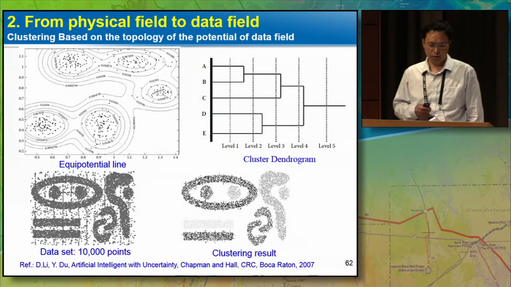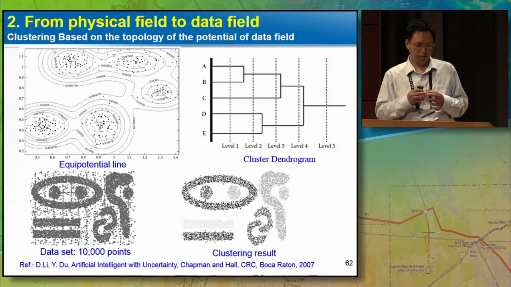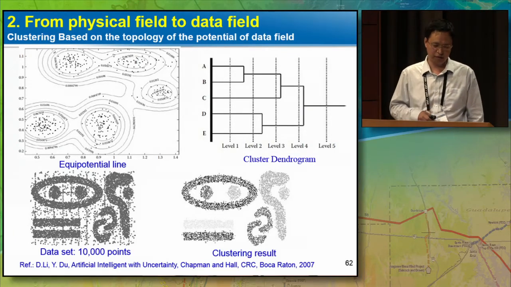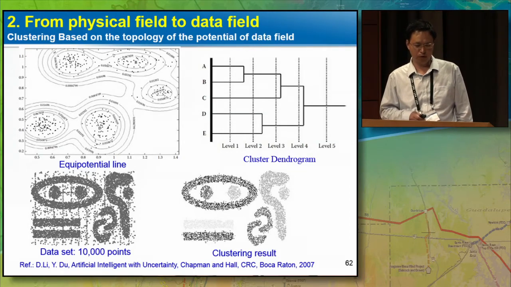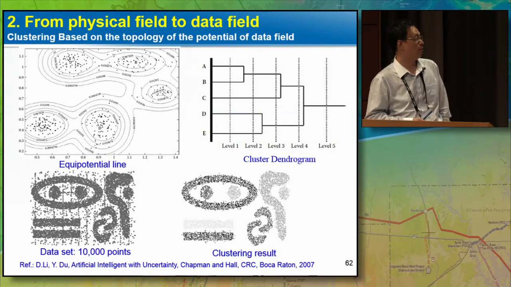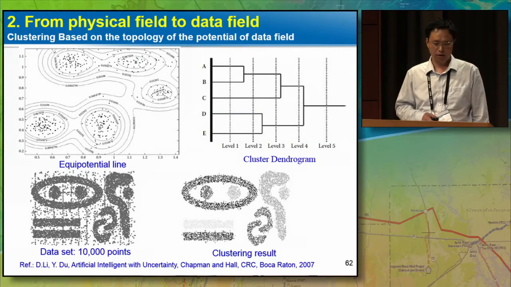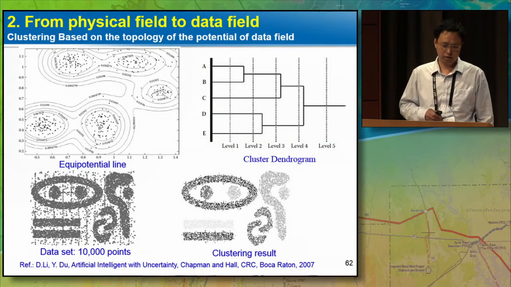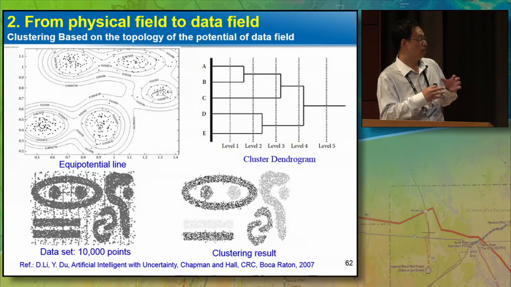For the data field, we can produce a spatial clustering method. Here is an example. It's a clustering based on the topology of the potential of the data field. In the upper left figure, it's a data field for 319 points. It produces a nested